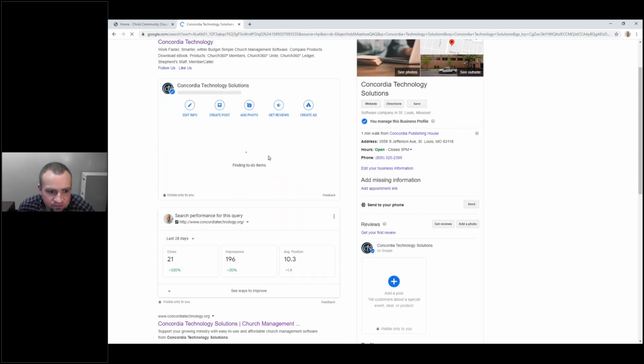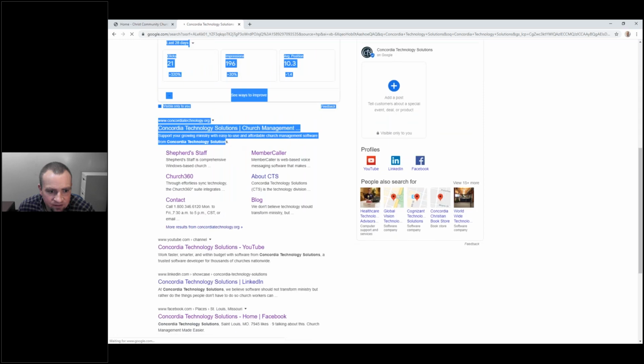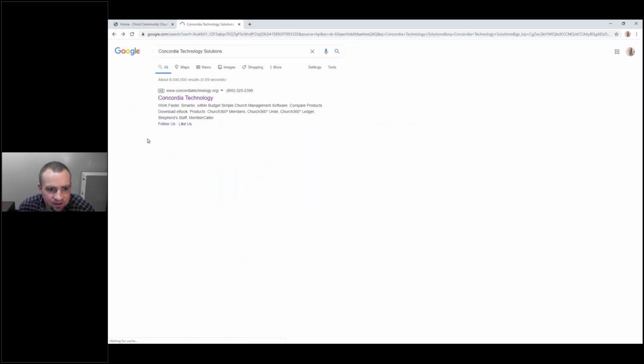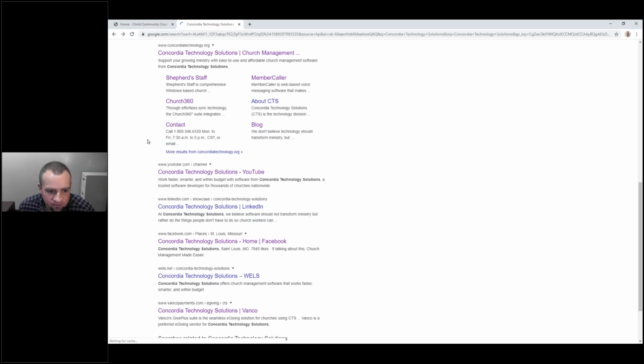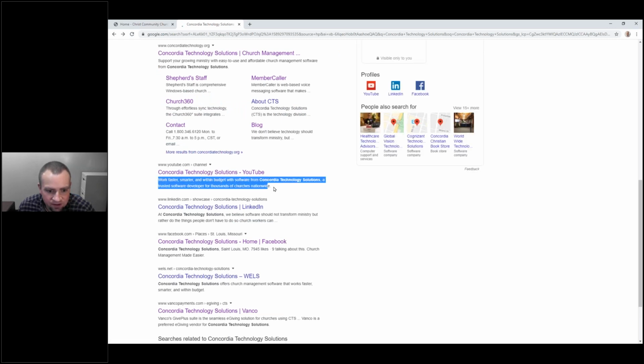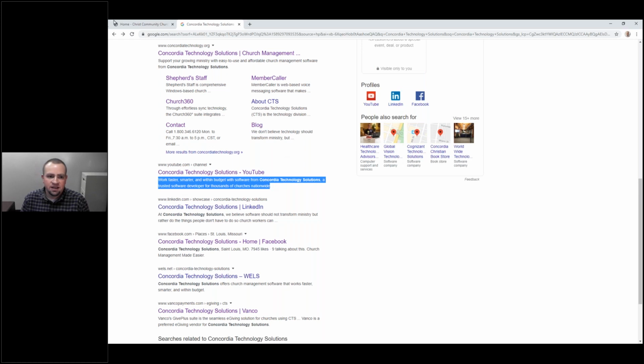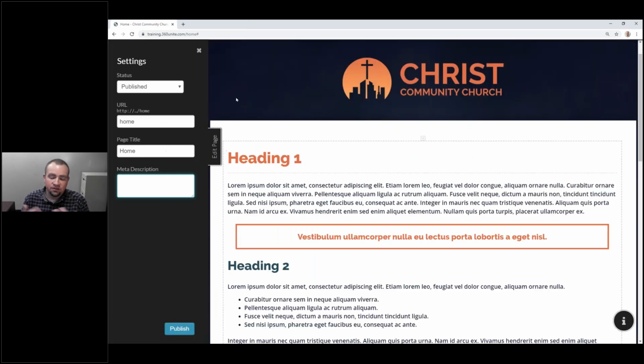But what I want to show is this right here. Oops, not click, go back, sorry. This part where it says work faster, smarter, and within budget, that there is what's called our meta description. It doesn't show on your site. It only shows in search engines. And so that's why we include it here, so that you can put it kind of in the background,